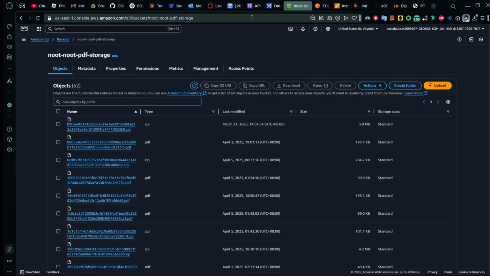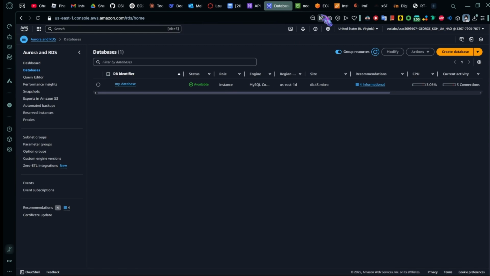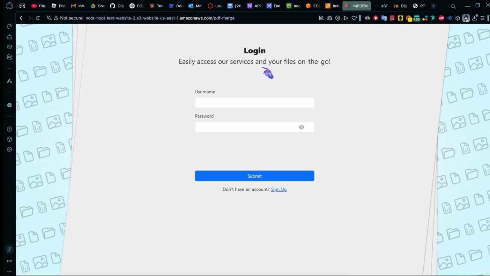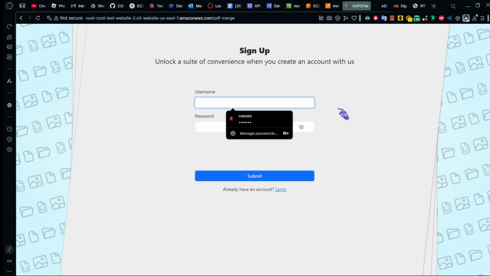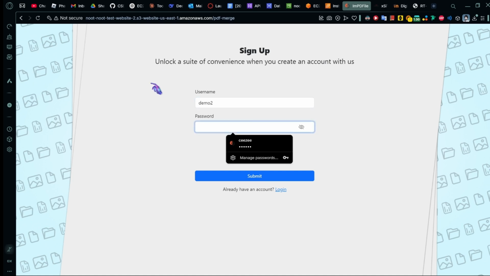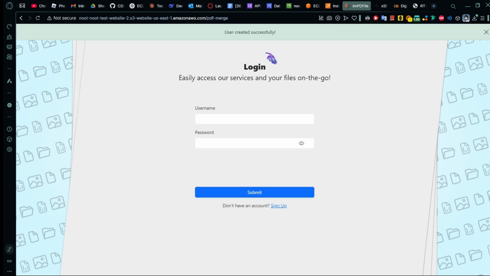So now let's take a look at the login page actually, and I'll go over the database as we go along. So first, let's assume that the user has no account, so they decide to sign up. So first, let's call myself demo2 because this is my second time rehearsing this, and let's give the password of 123. As you can see here. So when we submit, we'll be brought back to the login page, but what happens behind the scenes is that